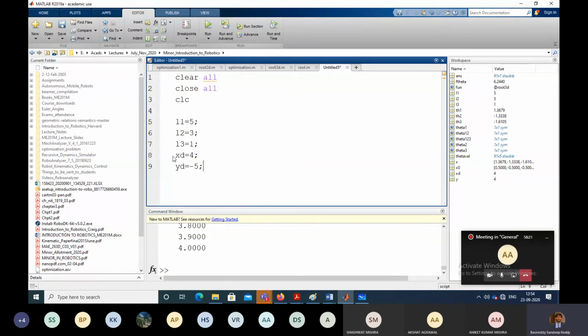Let us say that these values are given, that the position x and y is somewhere like this, given by 4 comma minus 5. Just assume randomly. L1 is 5, L2 is 3 and L3 is 1, right?